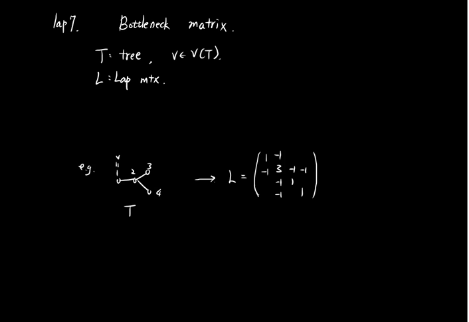Now recall that we can consider this matrix L prime, which is L taking out a particular vertex V, here number 1. L prime is equal to L taking out V, which is just 3, 1, 1, minus 1, minus 1. And according to the matrix tree theorem,